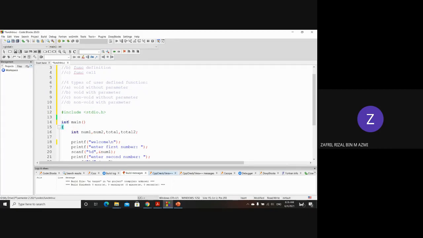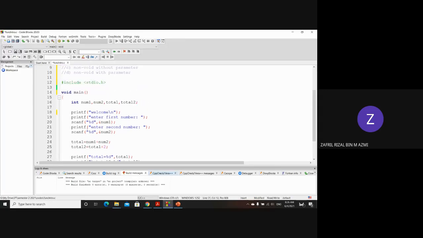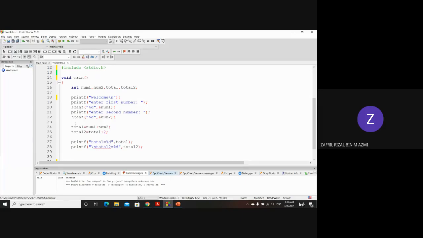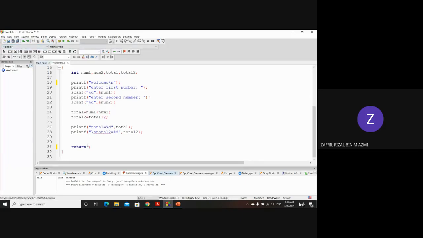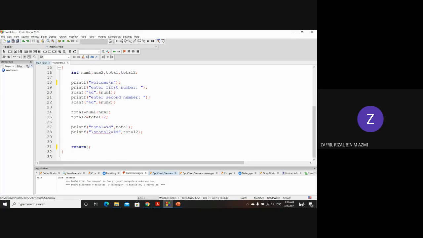If you want to use void main, also can. But at the bottom of the main body, you must write return only. Return nothing, meaning that it is a void function. If you use void main, put return or don't put anything. So it is similar, return nothing. Return to whom? Return to the